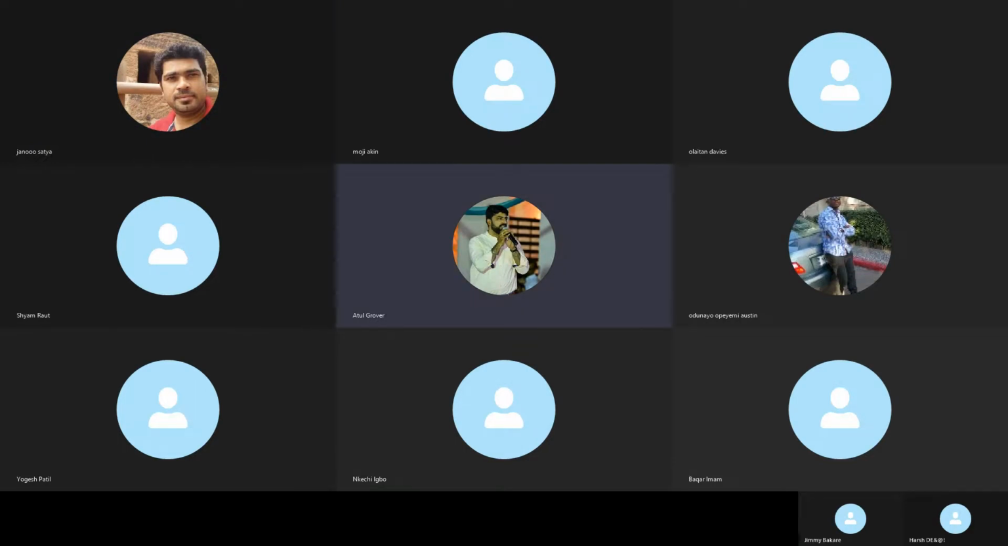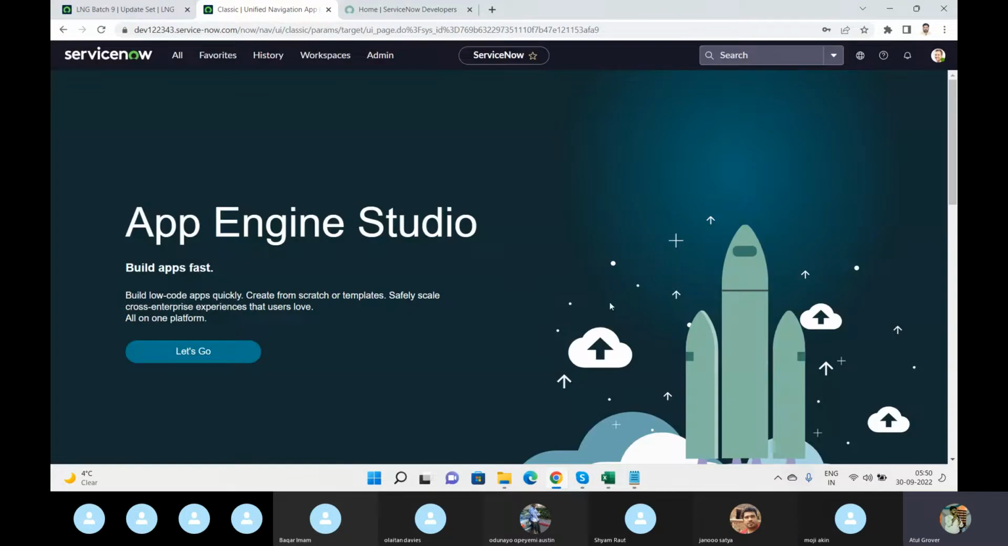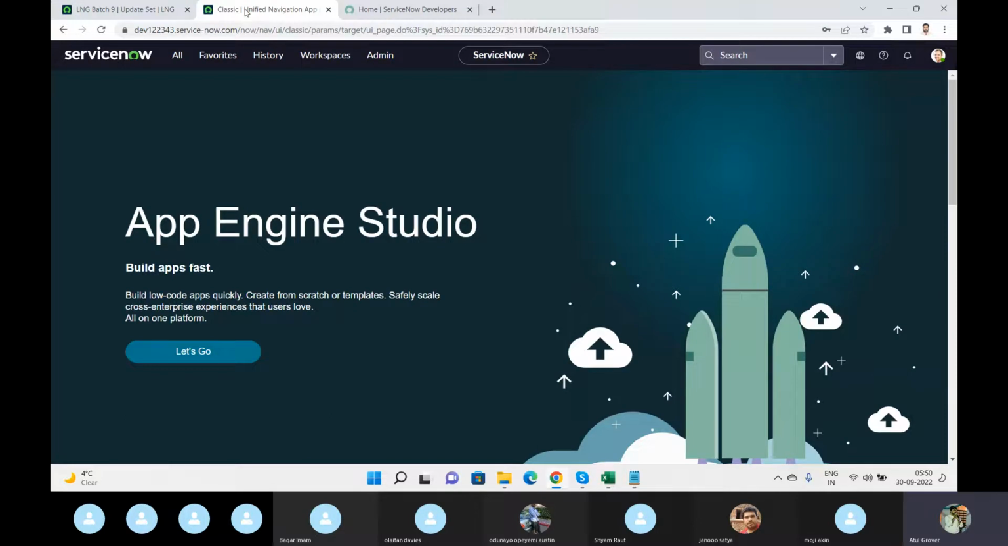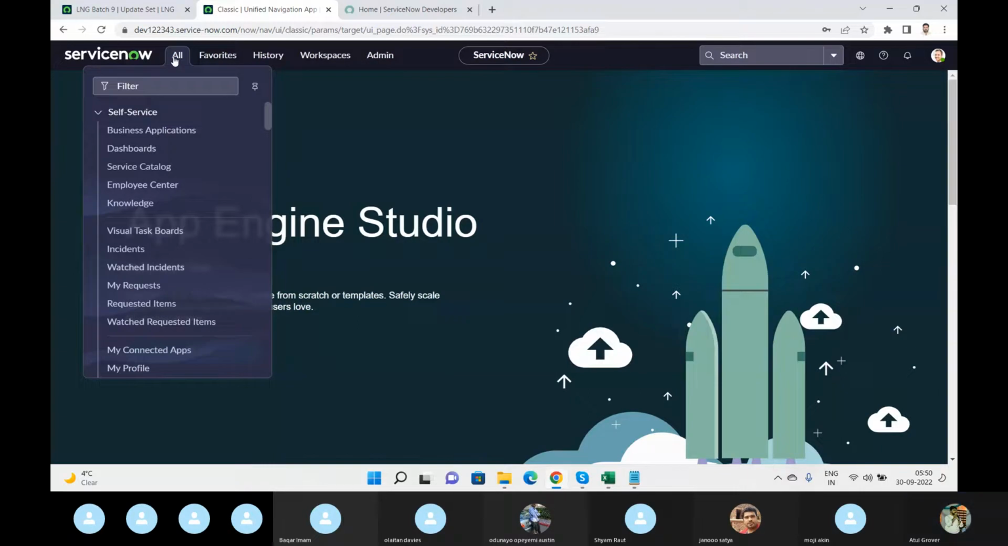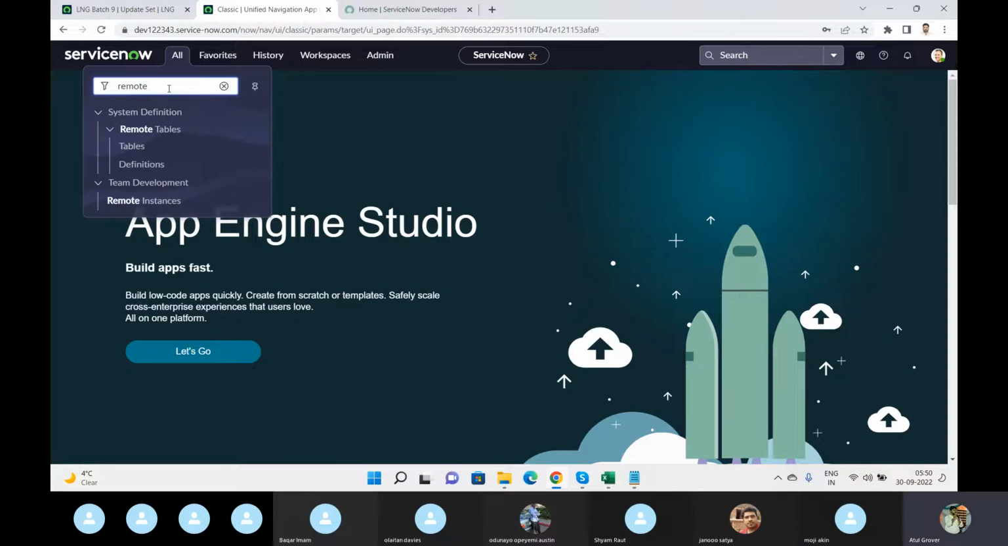Good. Let me share my screen, guys. Okay, so now what we are going to do is bring our update set to Satya's instance. To do that, in Satya's instance I have to retrieve this update set. What to do? Go here and click on the remote, not remote, sorry, retrieve,